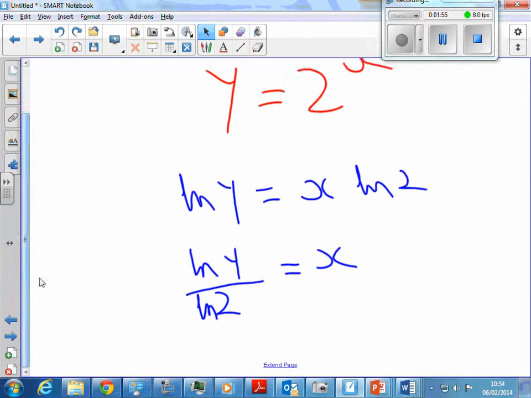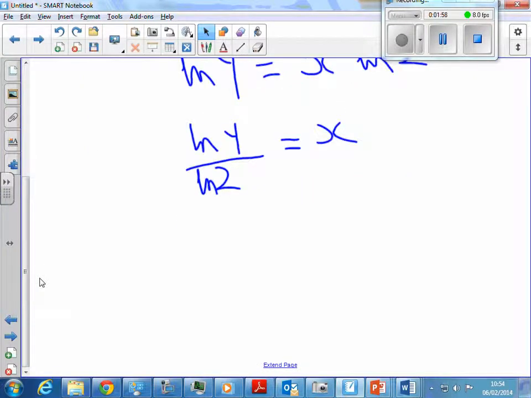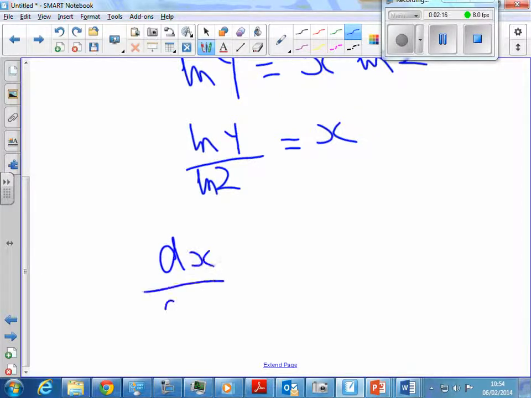So in this case, I have here x in terms of y. So if I now find dx by dy, I know that dy by dx is simply the reciprocal of that. Does that make sense? Yeah. So let me now find dx by dy. So dx by dy is equal to, well,